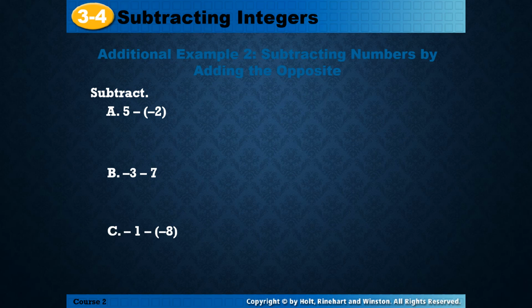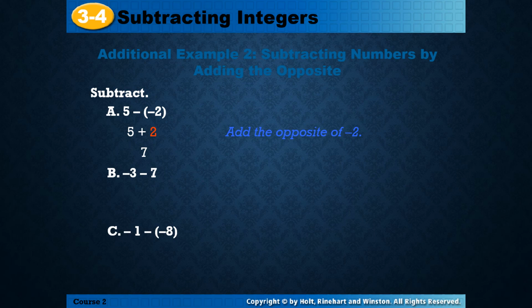Now we will see a few more examples of subtraction of integers. Here there are three examples. The first one is 5 minus minus 2. Again we have to subtract the negative integer. The negative sign which is outside the bracket will change the sign of the integer which is there in the bracket. And what is the rule that we have learned? If we are adding a positive integer, we will go towards left. If we are subtracting a negative integer, we will go towards right, right? So it will be 5 plus 2, that is 7.